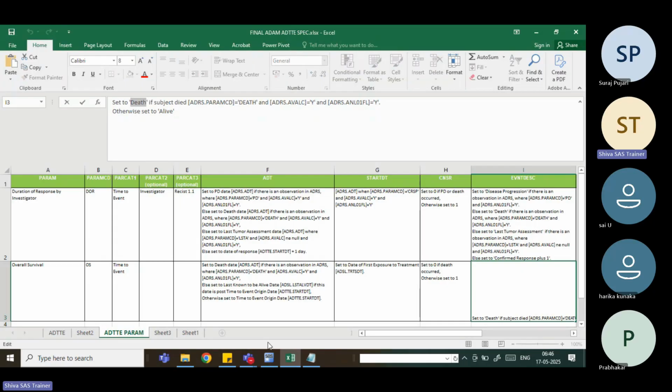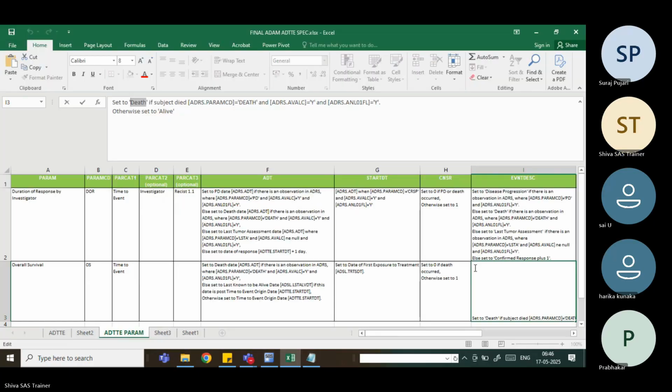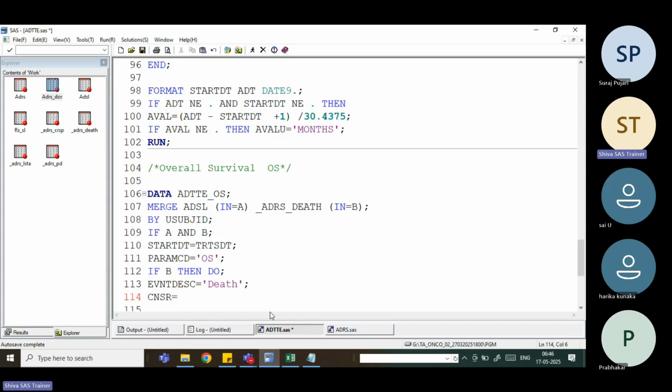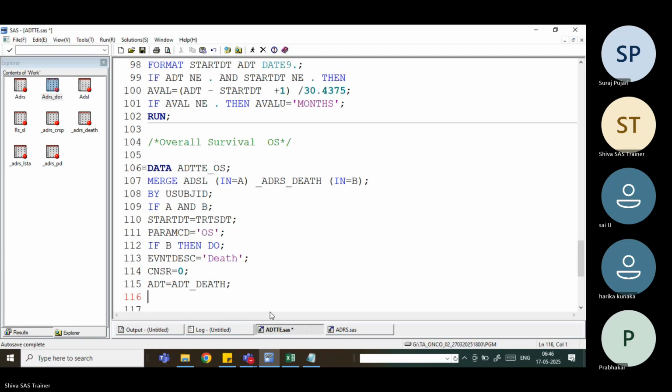So this is a death. And the censor variable for those having the death is 0 for death occurred, otherwise 1. So 0. And ADT, we can give the ADT death variable,